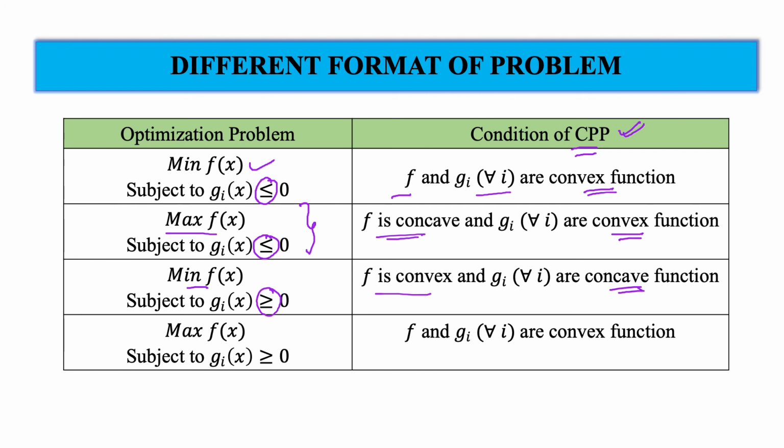Okay, and if we have a maximization type objective function and constraint equations are greater than equals to type, then my problem will be a convex programming problem if the objective function as well as the constraints are both of concave type. Okay, so by which we can see whether the problem is convex or not. These are the conditions. So these are the different formats of problems which can be convex programming problems.